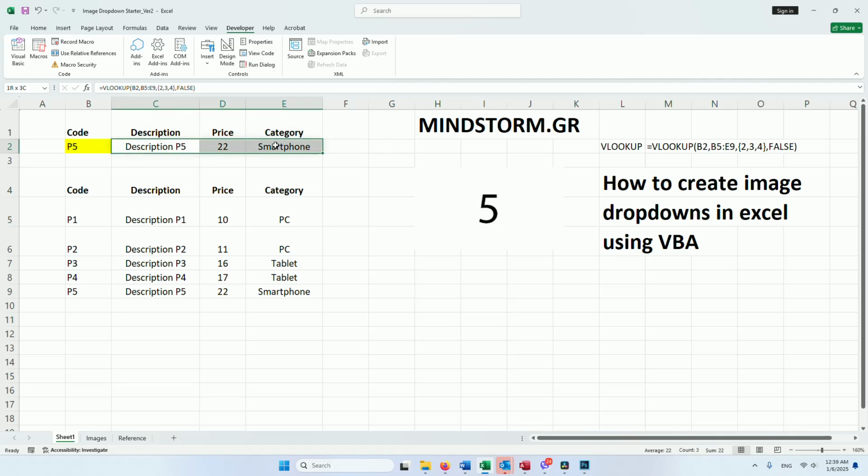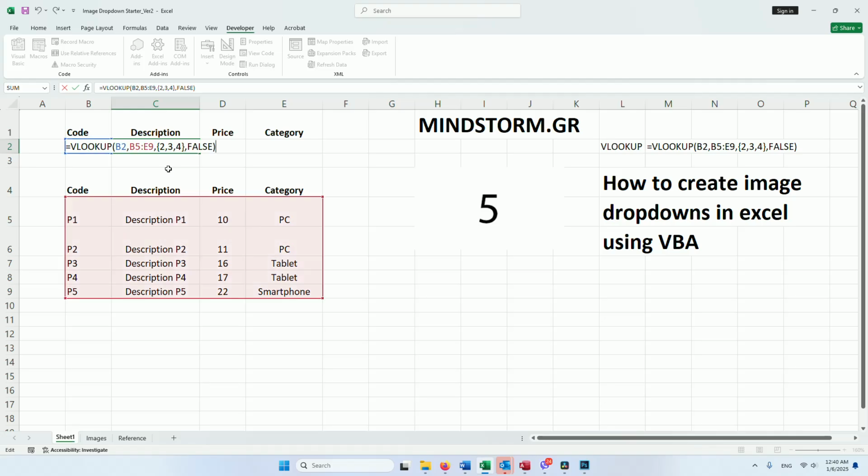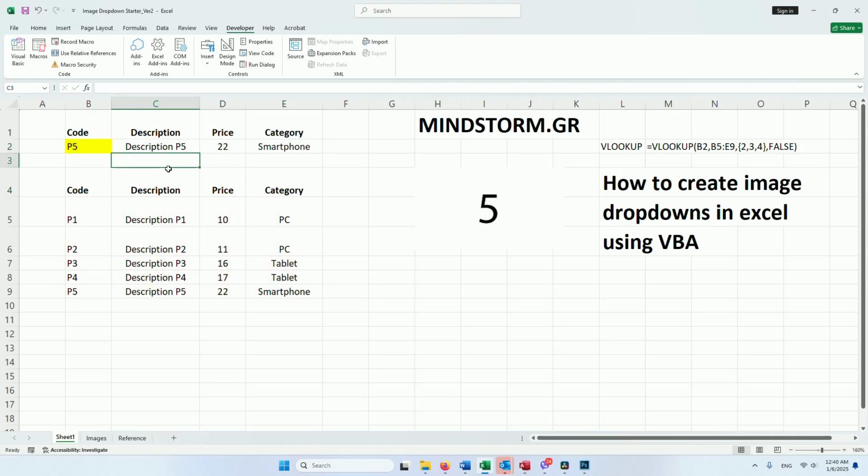Now if we delete this and we go here and we copy this VLOOKUP, and we place it here, we get the results we want. So for P5 we go, its description P5 22 smartphone. If we change it to P4,